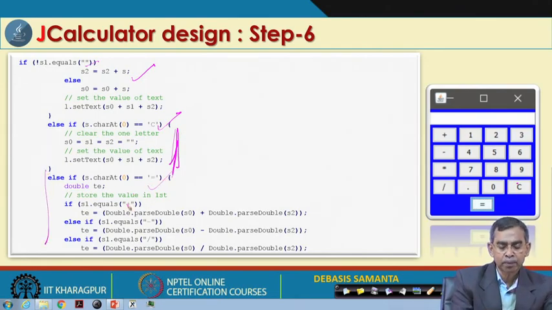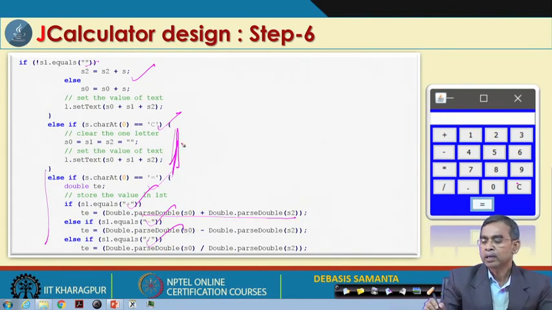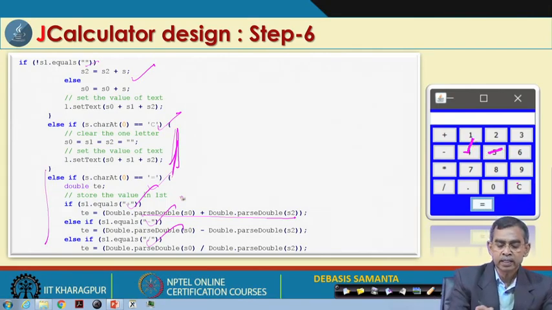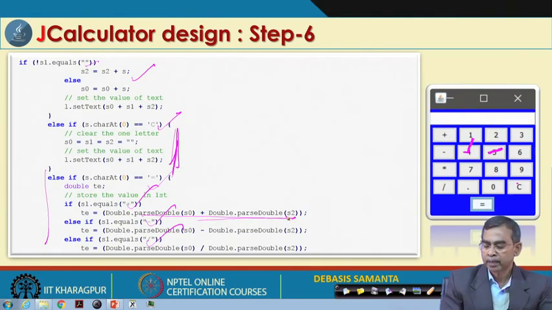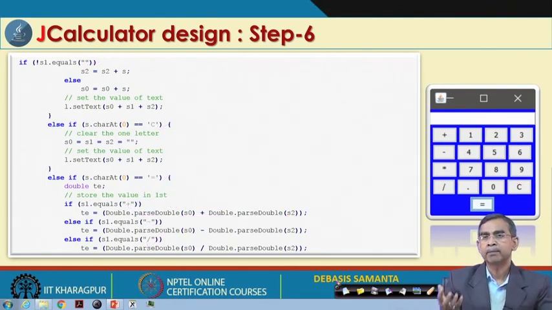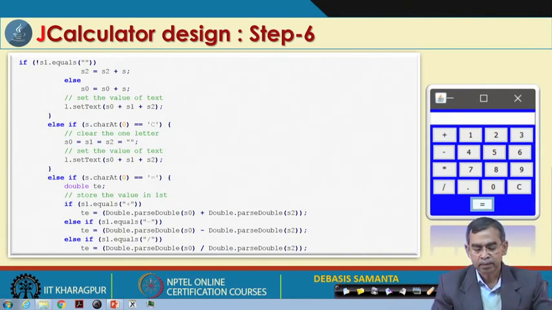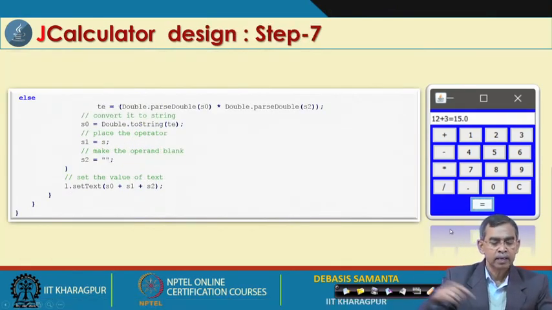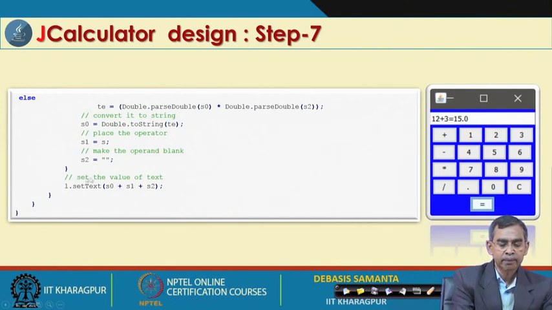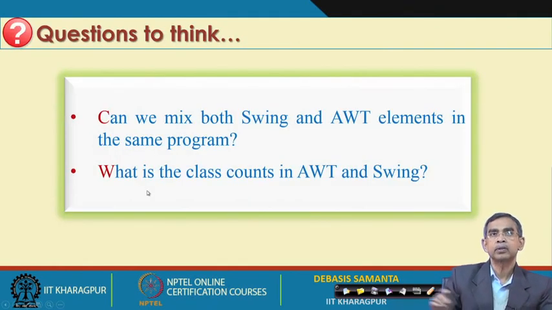If something happens, for example plus or minus or division, then it does the corresponding operation. Whenever we press it, it reads one string, then another reads the second string. So, those strings are there, and then the result will be obtained. This is the procedure by which the different actions can be listened to, and for these actions the consequence can be added, and then the operation will be performed. Finally, as you see here, the result will be stored, and setText on the label, that is the text field area, can show it here.